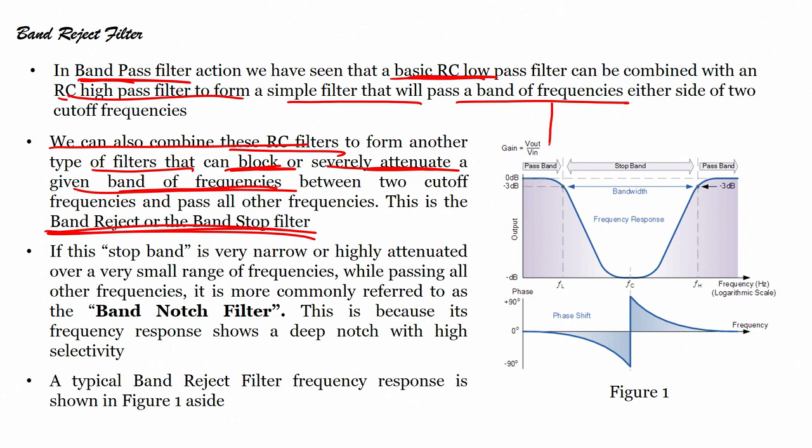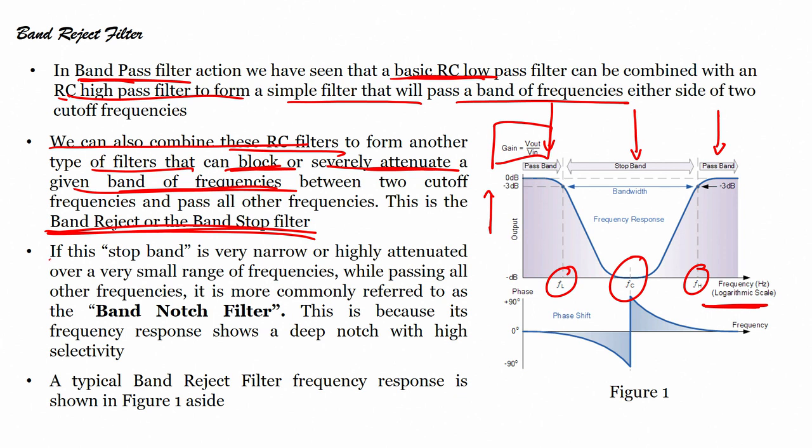Now, you see here, you see pass band, stop band. Gain is given by V out by V in. We have it in decibels, we have frequency. If it is in logarithmic scale, then we have to write down it is in log, right. If it is not, we have to write down it is in hertz, right, frequency. Now, bandwidth is FH minus FL. This is your central frequency,